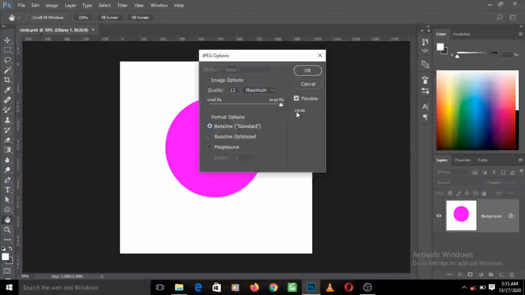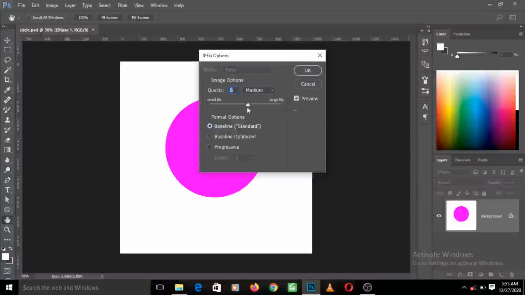You can see this slider here, so you can choose to reduce the quality of the image. As you can see, the quality is 11 now because I reduced it. The maximum quality is 12, so you can reduce the image to any quality.